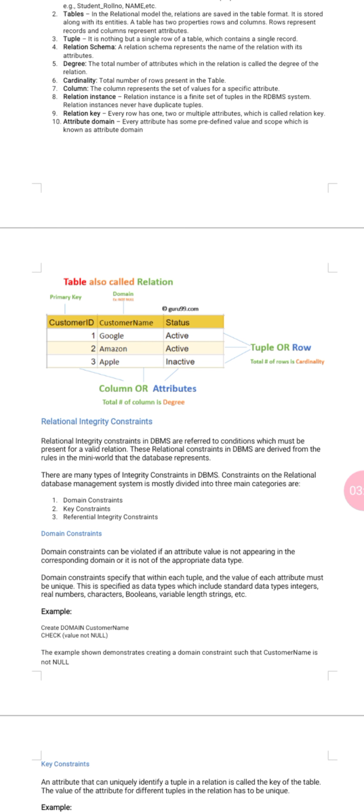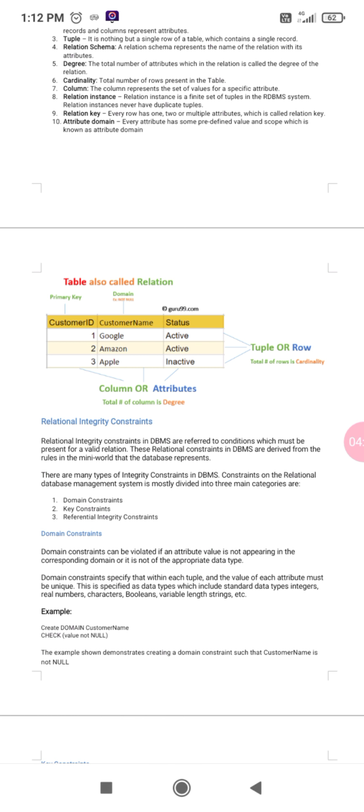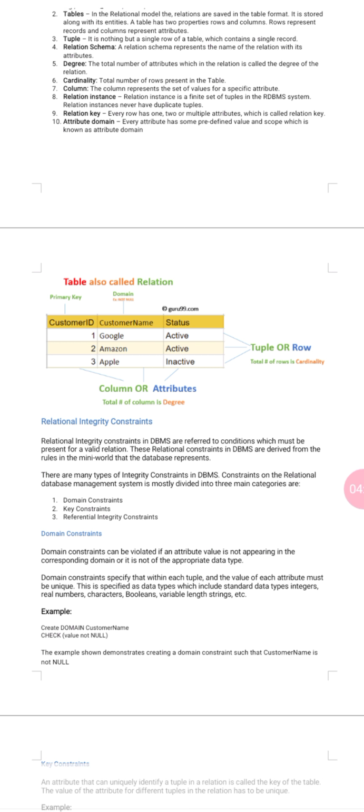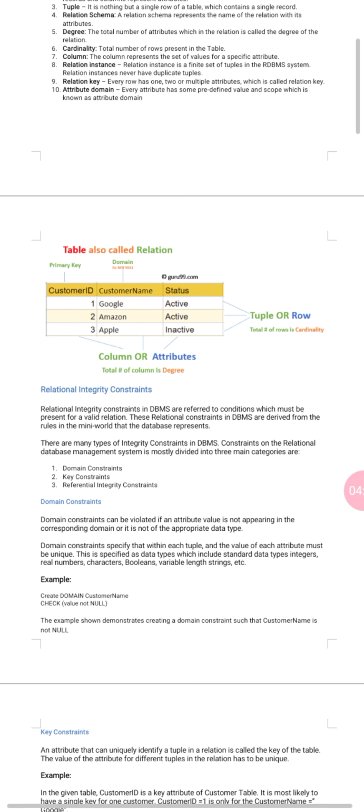Third is tuple. It is nothing but a single row of a table, which contains a single record. Next is relation schema. A relation schema represents the name of the relation with its attributes. Clear? Next one is degree.